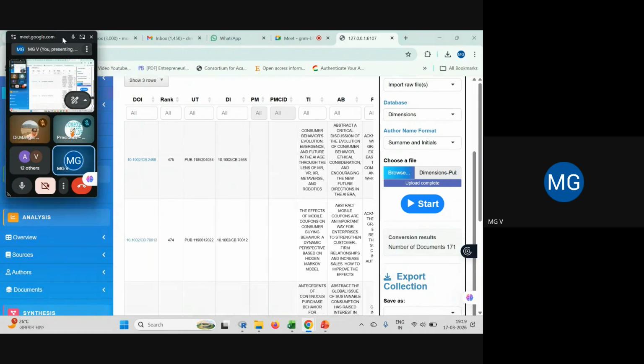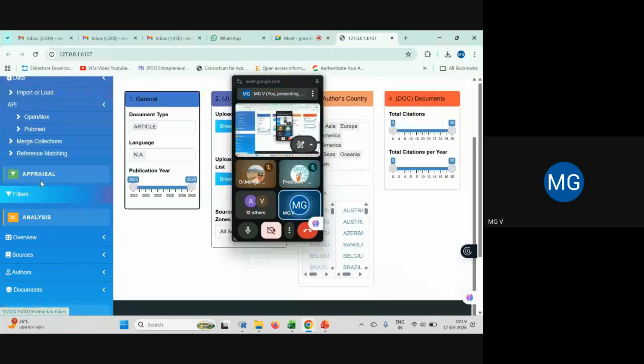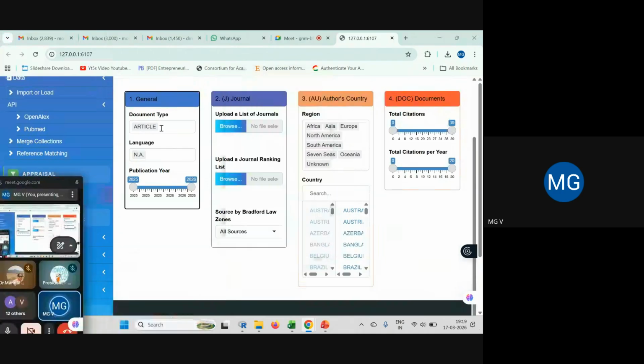Now, what to do next? Analysis part. If we want to apply certain filters, right, we can apply them based on language. Like we have already mentioned that we need only documents, then up to 5 years, then only articles. Then if you want to add a list of journals, you can browse and upload here.